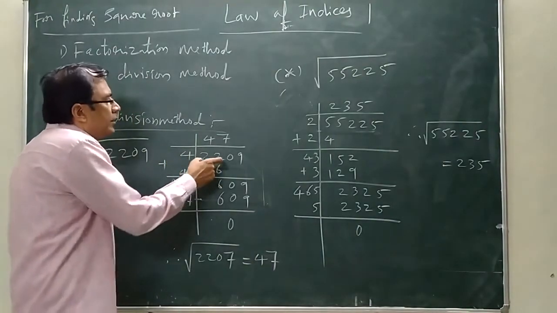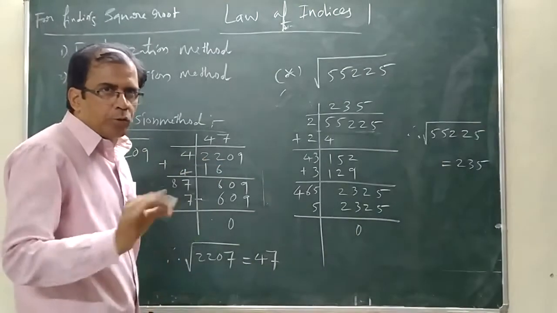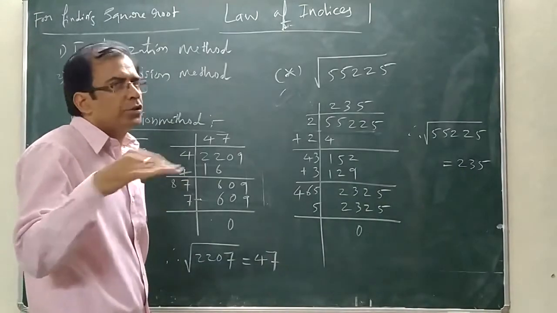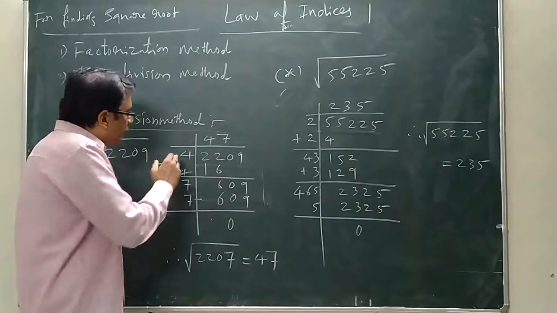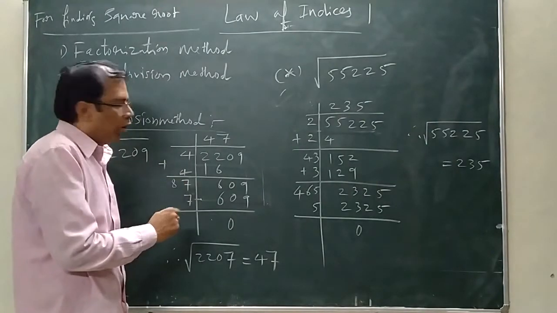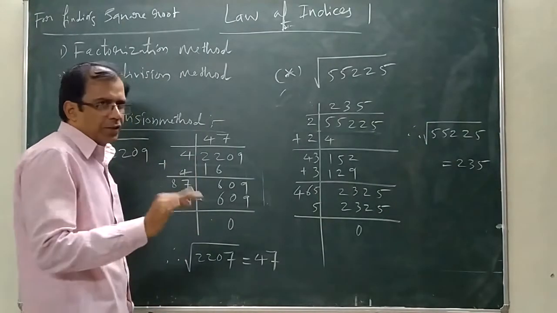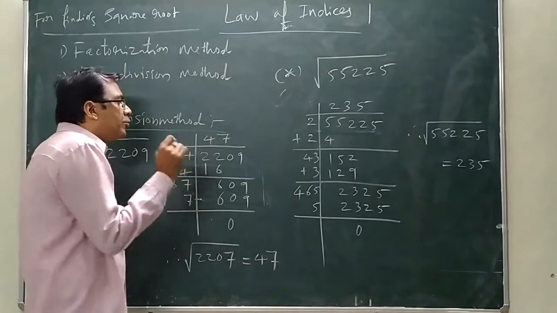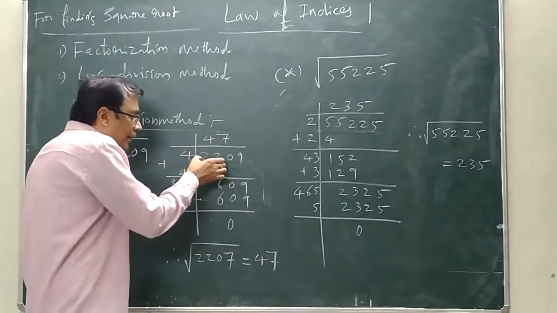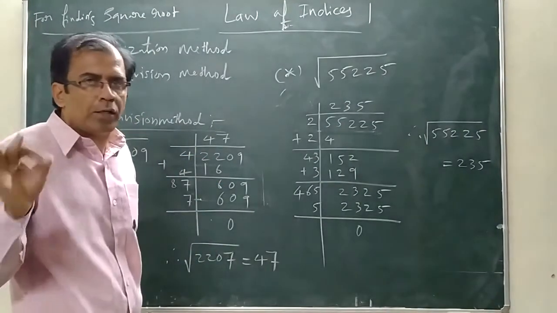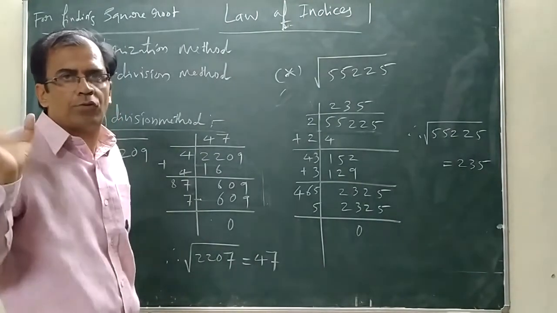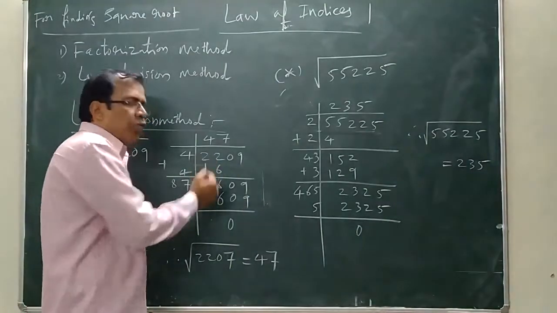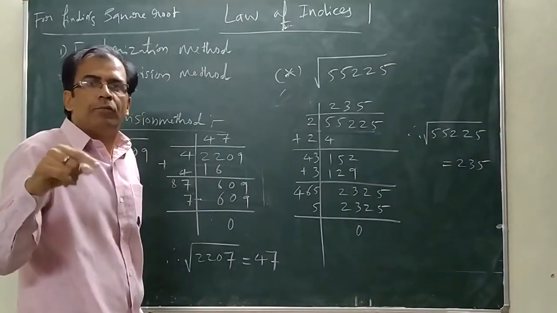First we have to take the two digits, 22. You cannot take a single digit because it will not make a square root. First you have to take 4, because 4 fours are 16. One point you need to keep in mind: you need a number less than 22, not more, and not a very small number either, but the one which is closest to 22. That number you need to find out.